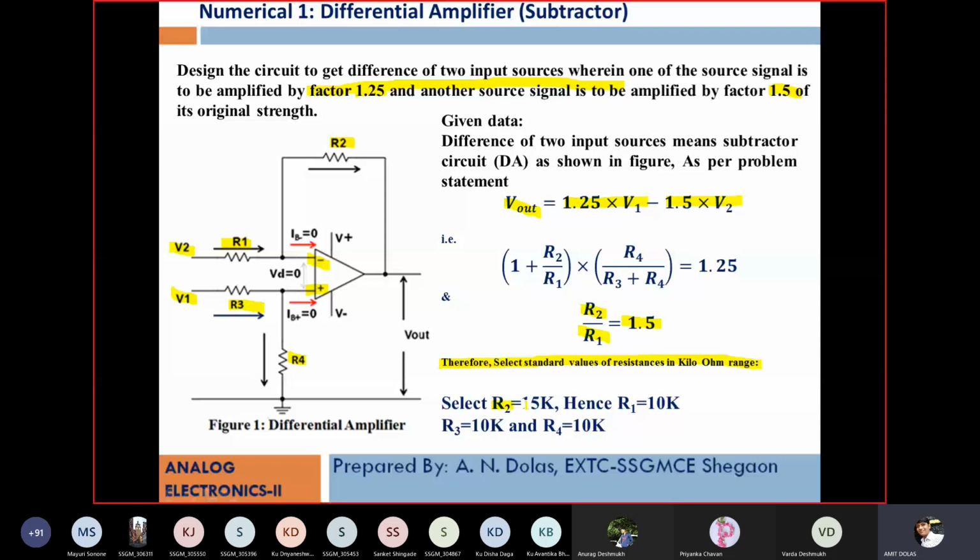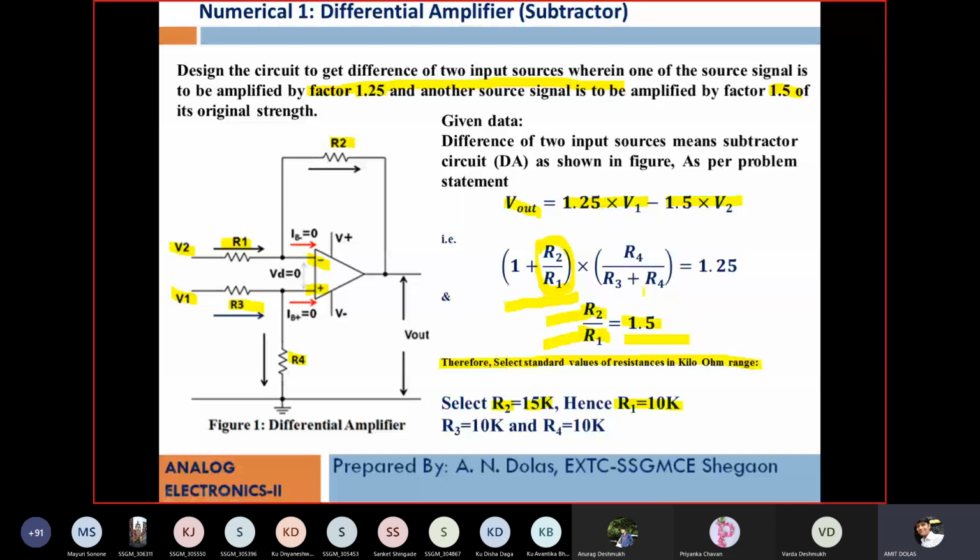So we selected R2, say 15K. So 15 divided by 1.5 it becomes 10. So 10K is R1. If I have R2 15K and R1 10K, then 1.5 will be there. So now putting this value 1.5 here, this complete value, that is 1 plus R2 by R1, becomes 2.5, and